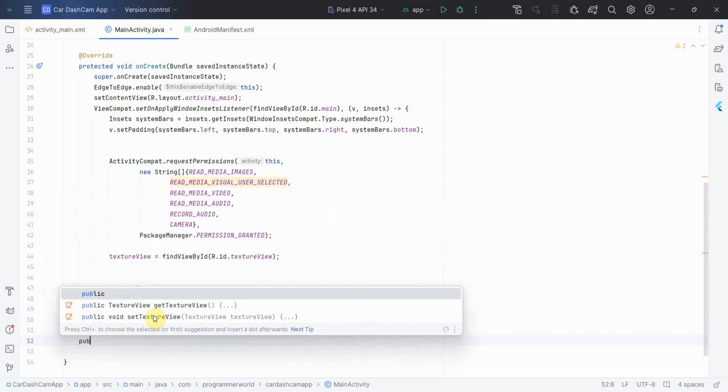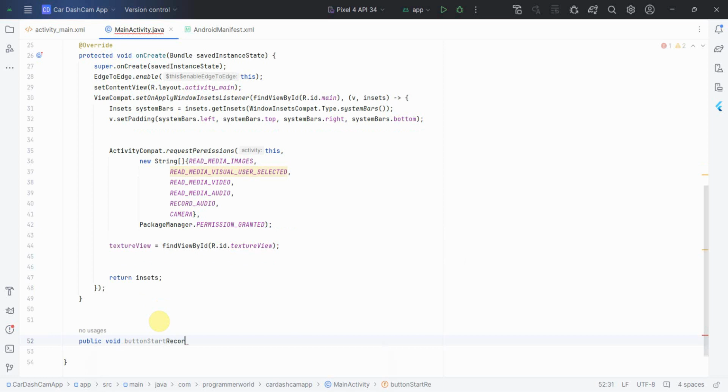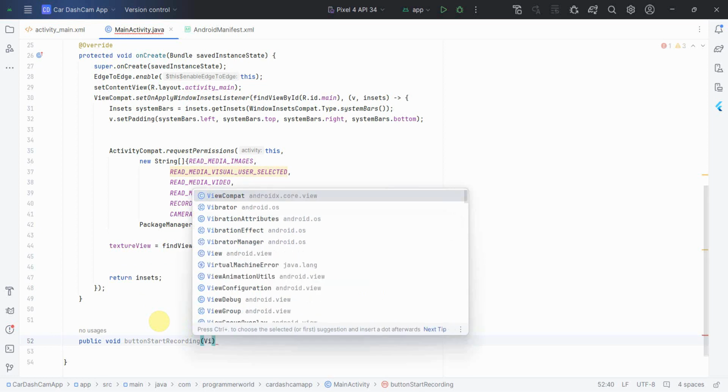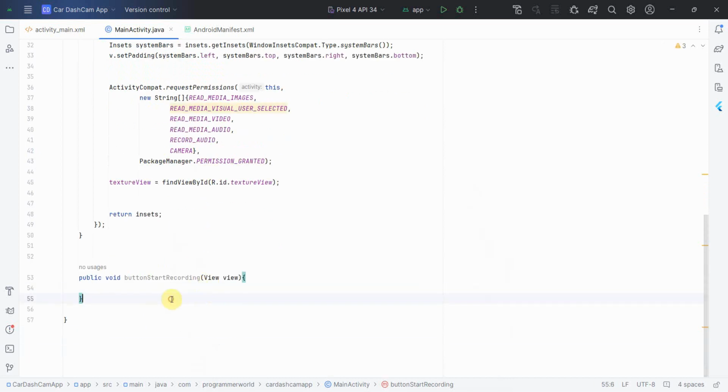I'll quickly define a couple of methods, public void button start recording, so that this can get triggered by the button on click whenever the buttons are clicked. So I'll create a second method also for the stop one, the public void button stop recording